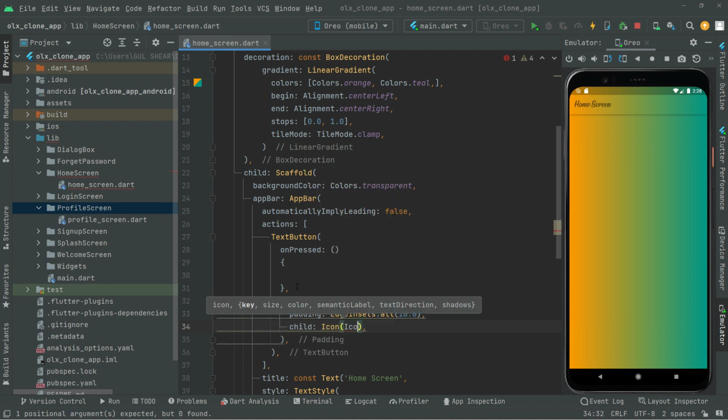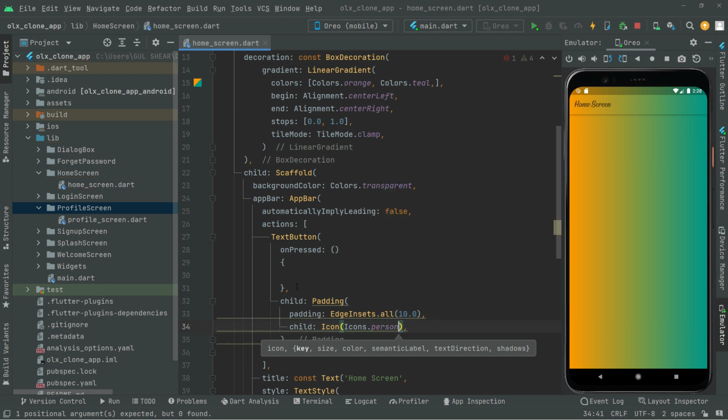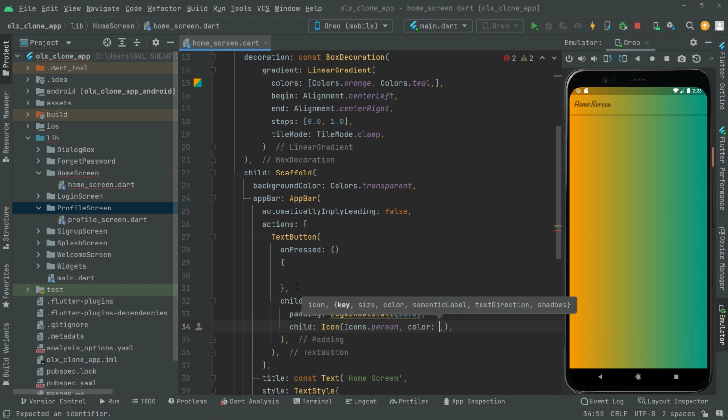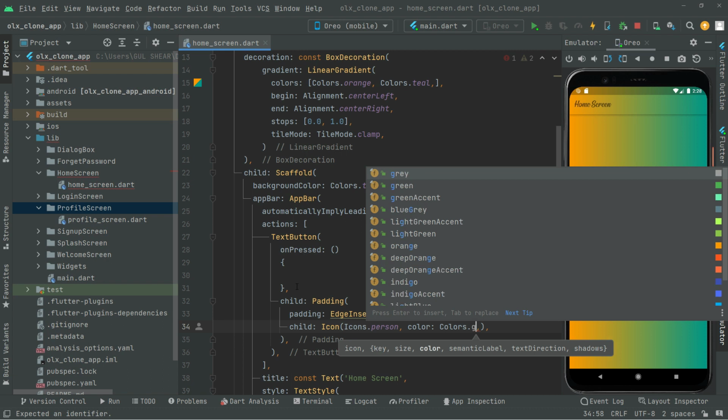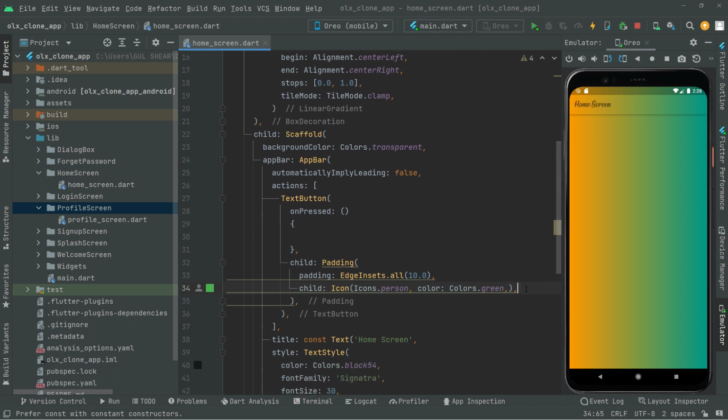So in here icons you will go with the person. You can go with this one, whatever you want. I'll go with that one because we will set this for the profile. In here color, and let's go with the color. Let me just see, we'll go with the green, as you guys can see right in here. Okay, now in here add the const modifier,